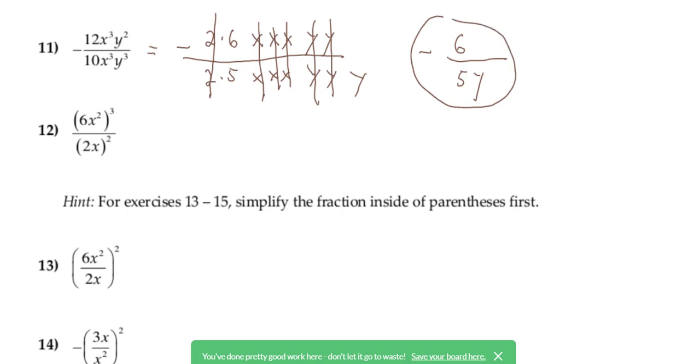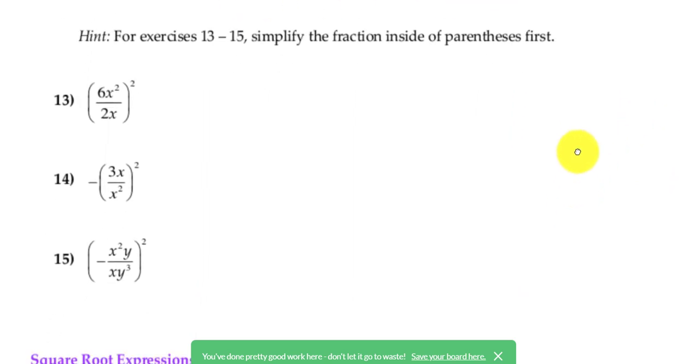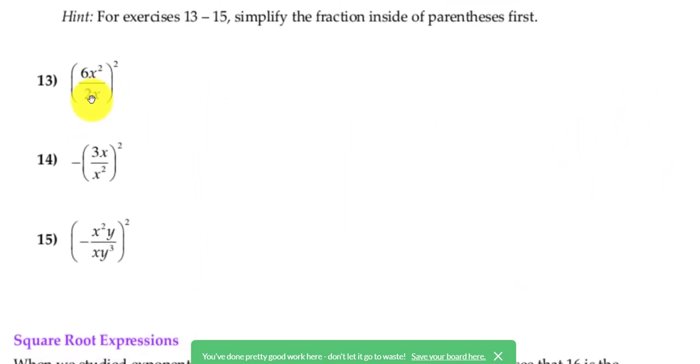So again, I think you definitely want to try to practice these. The answers are in the back of the book. We'll do one more just to be safe. Let's take a look at number 13. So it says, hint, do what's in the parentheses first. So I could write this as 6x squared